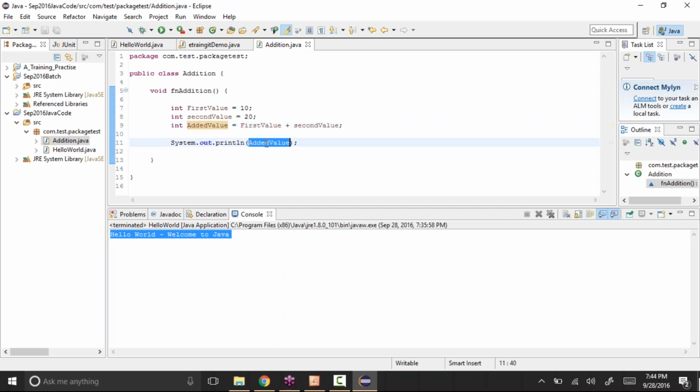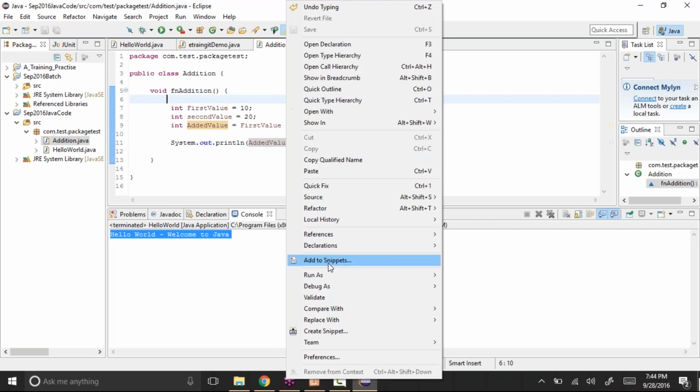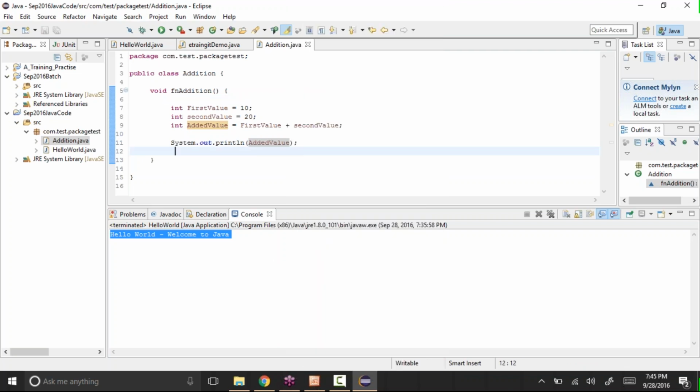If I execute it, right click, run as, now it's not showing me Java application, because there is no main method, so it cannot execute anything. You need to have the main method, then only you can execute whatever code you have in your class.